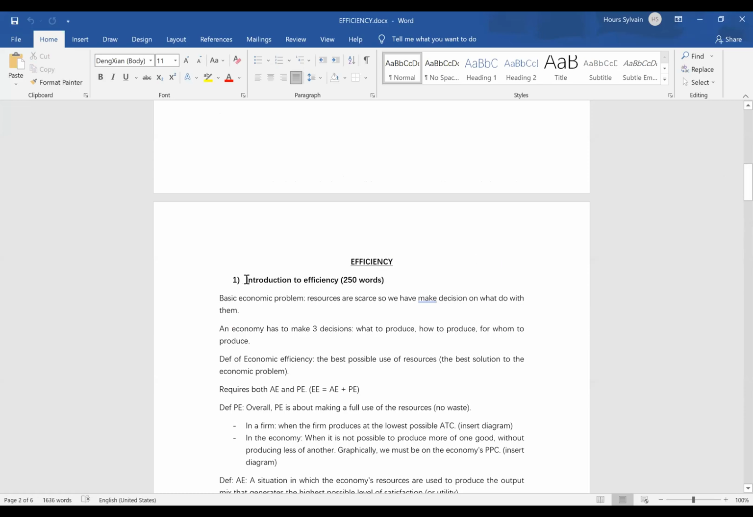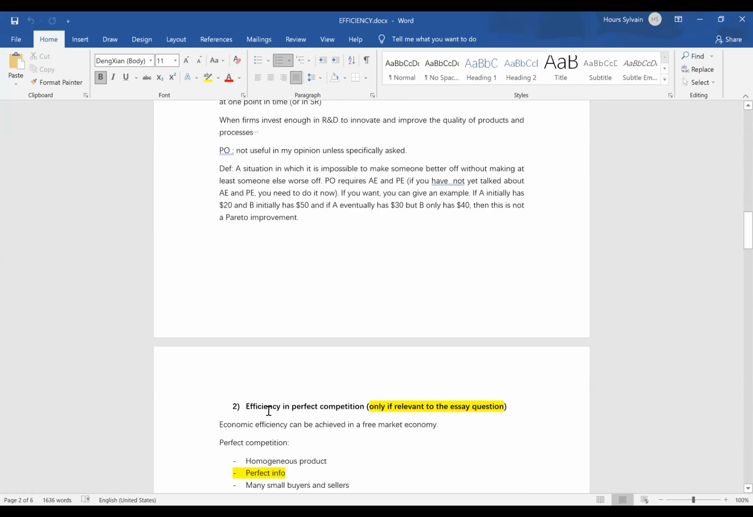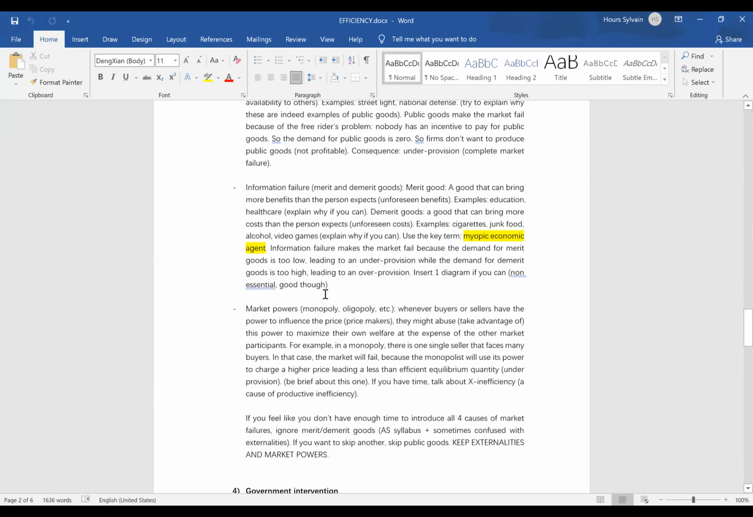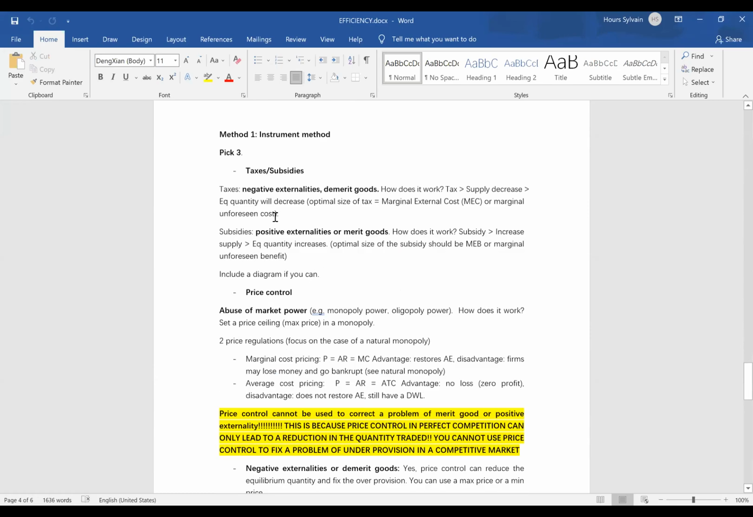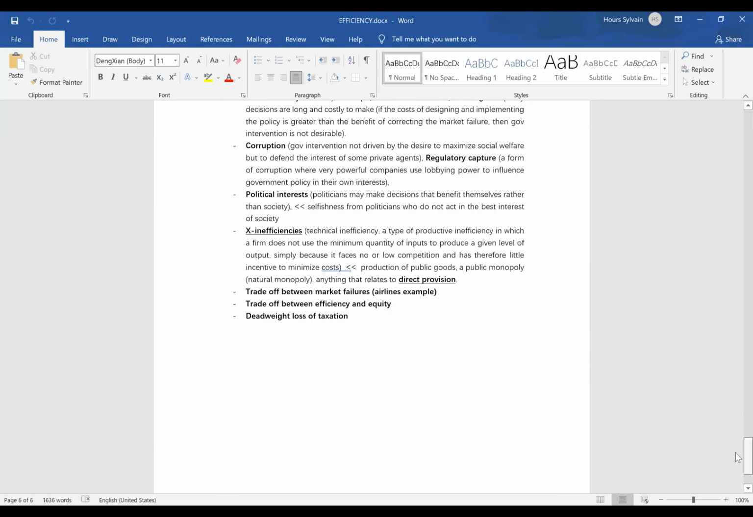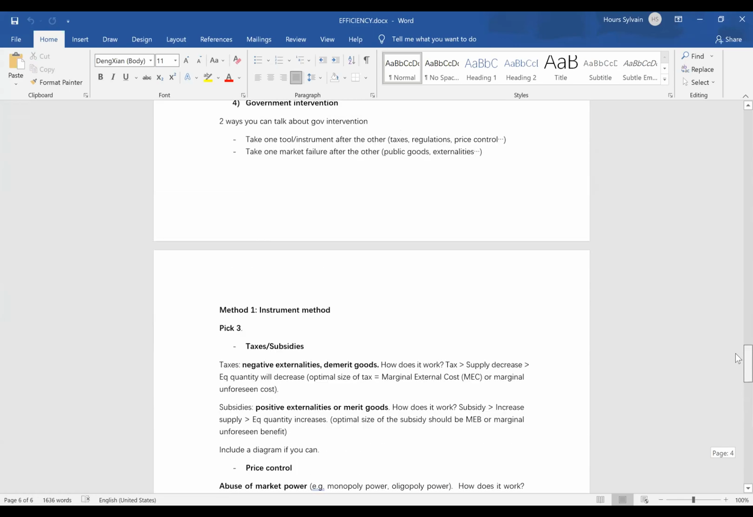I'm not going to share it because I still need to improve it and work on it before the face-to-face workshop in Hangzhou. But essentially, it covers an introduction to efficiency, efficiency in perfect competition, market failures, government intervention, and government failure. These are the main parts that would be relevant to an essay question about